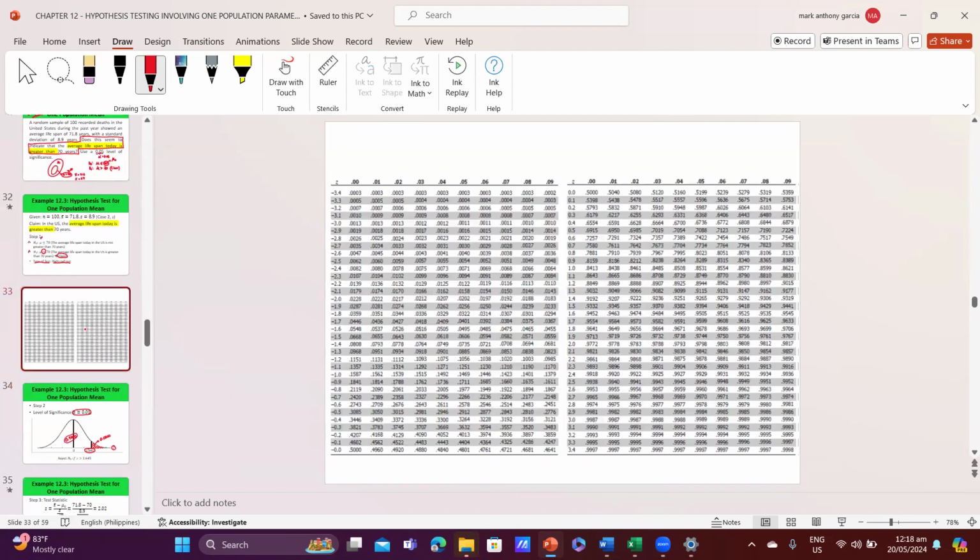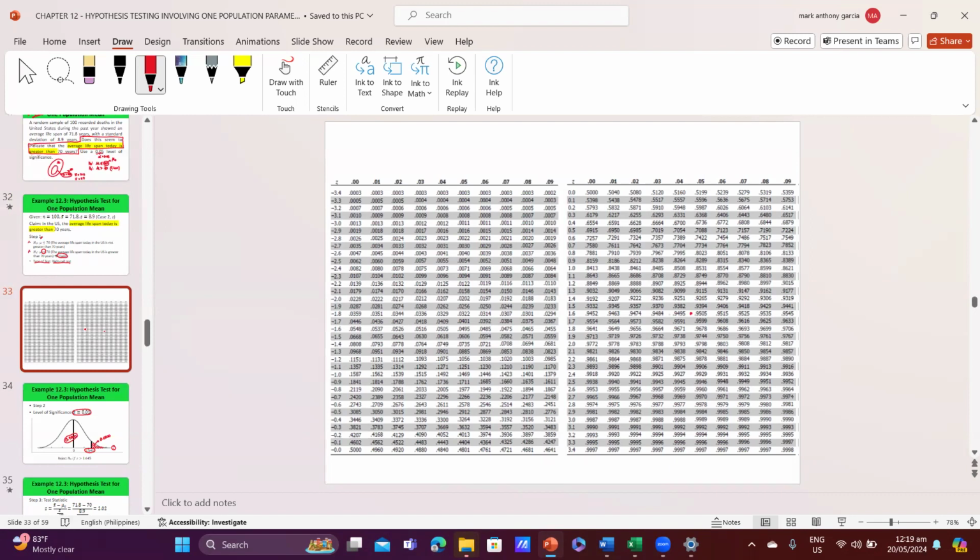So which means that we have to find that 0.9500 among the list of the probabilities. Now 0.9500 is not exactly inside this table. As you can see here, it is in between 0.9495 and 0.9505. According to the rule that you have learned in the normal distribution, we have to choose the probability that is closest to 0.9500.